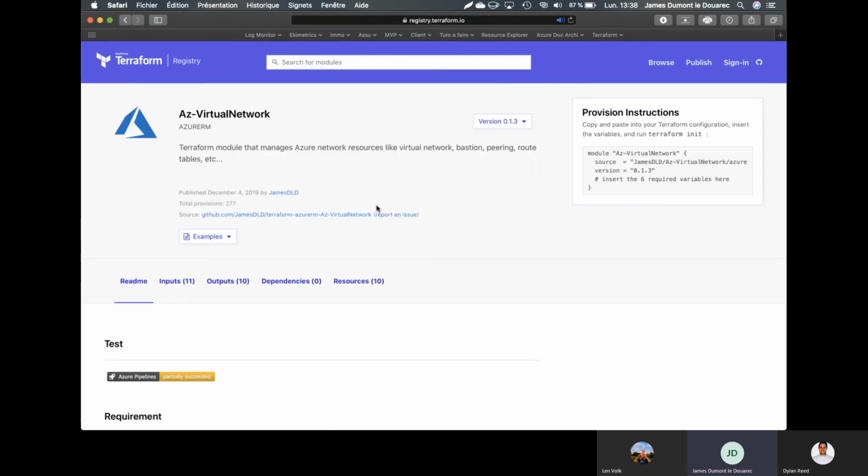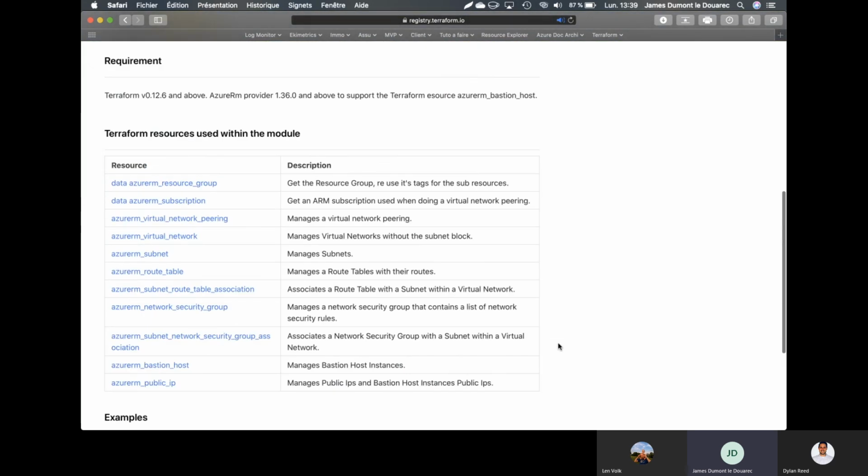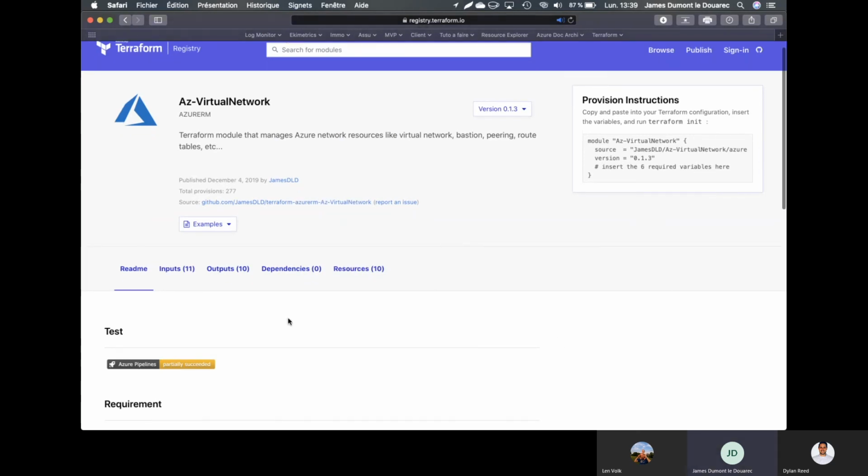So here I am on the Terraform registry. I'm not authenticated to Terraform, nor to GitHub, but it's public. My module is public, so people can access it. They can download it and read the complete example, etc.